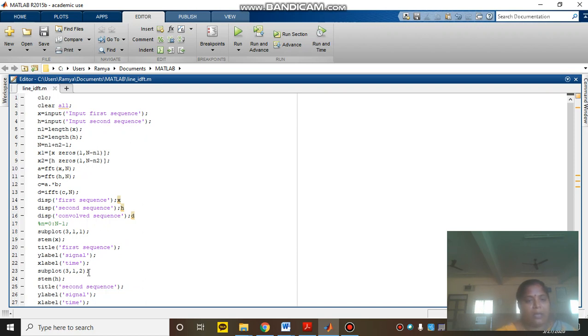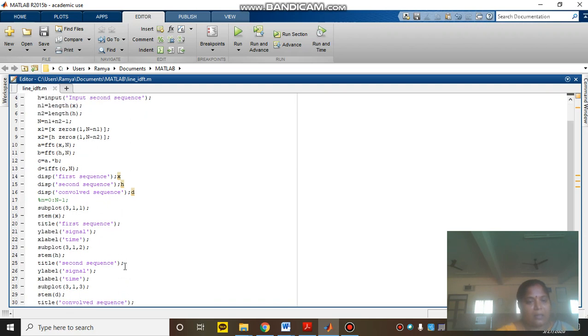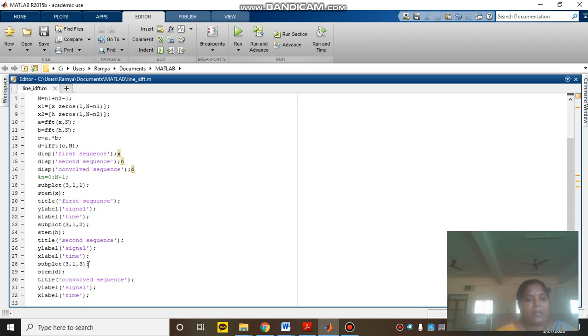Again subplot 3 comma 1 comma 2, in the second place the second sequence H is plotted as a stem, with the title second sequence and the X and Y axis labels. Next is subplot 3, the third place, where the convolved sequence is placed, with the title convolved sequence and X label and Y label given.